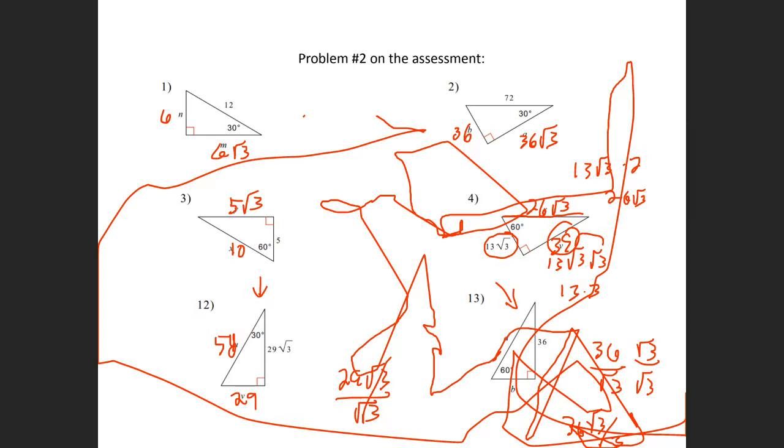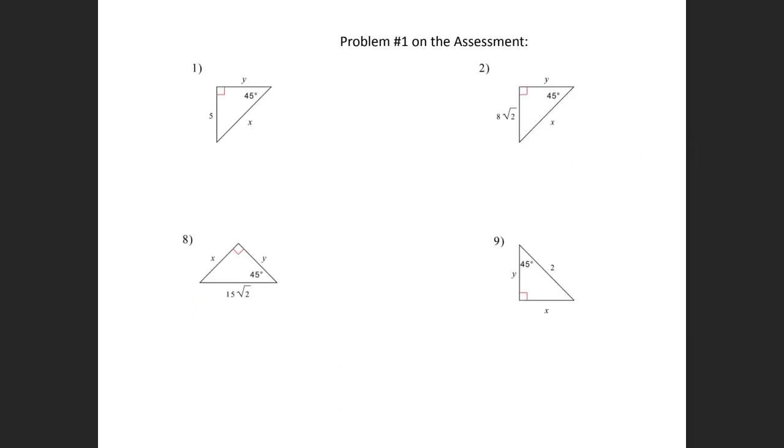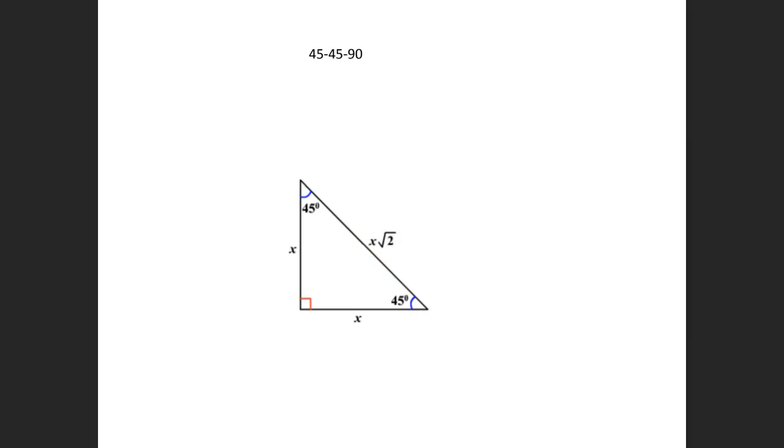Okay, so now we're going to go back to the 45, 45, 90. Okay, 45, 45, 90-degree triangle. What does that come off of? It comes off of a square. If you think about it, a square,